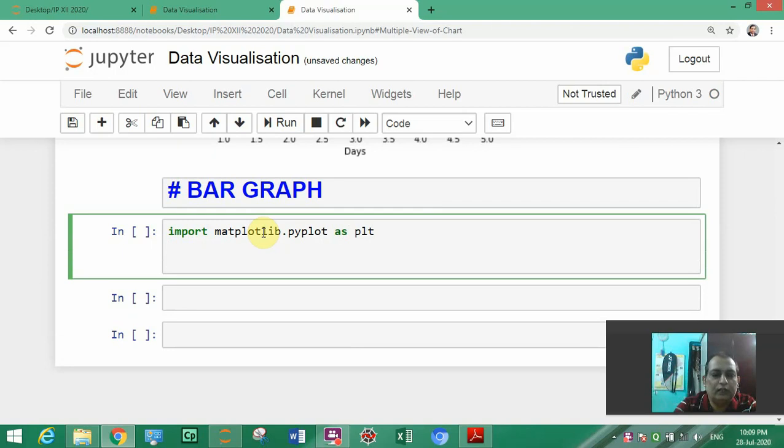Next I will take the subjects that will work for x-axis.